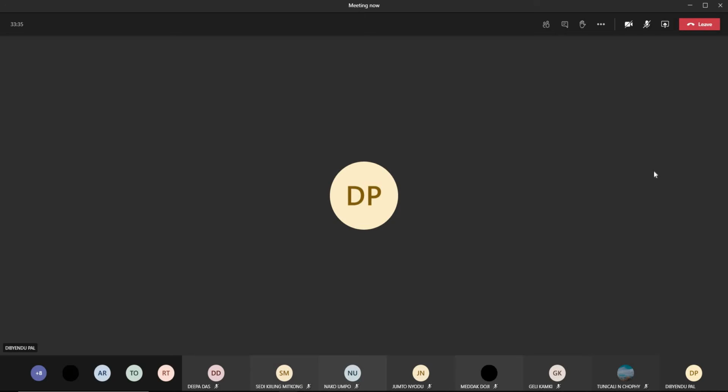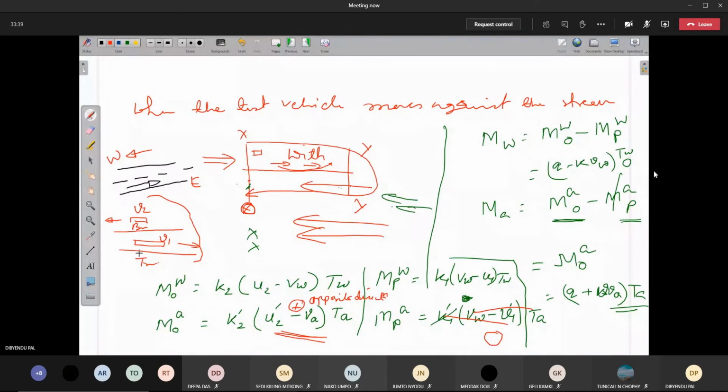So you are saying that when you are moving in the east direction and the bus is moving in the opposite direction, what will be the relative speed? In the earlier case, both were moving in the same direction, so the relative speed is the difference between them. This time, both are running in opposite directions, so what will be the relative speed?